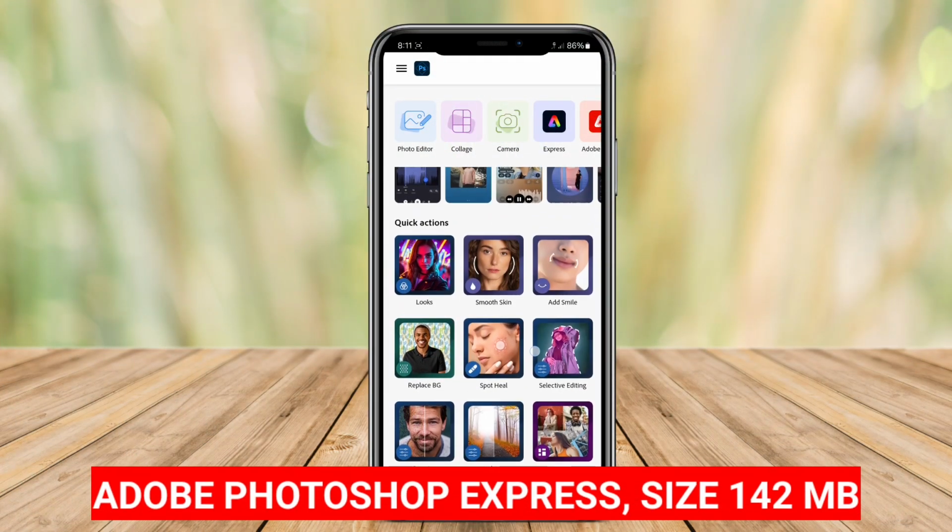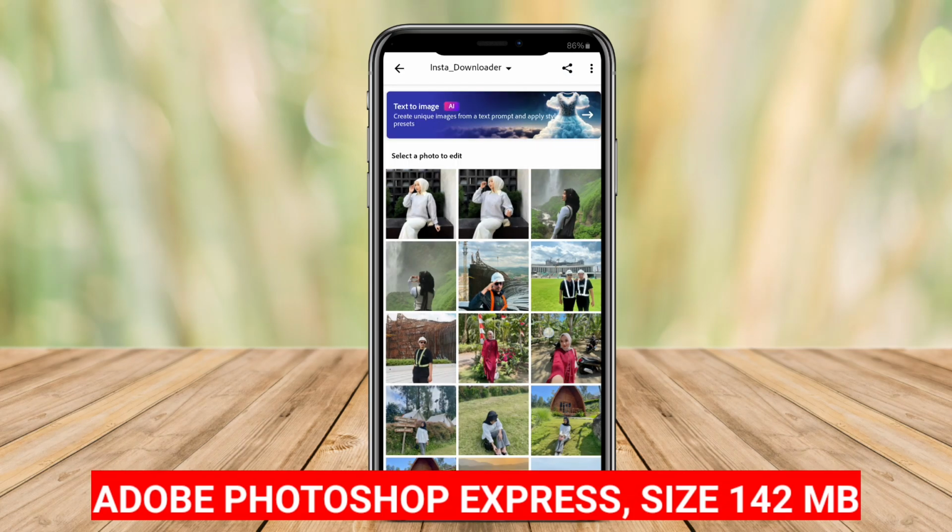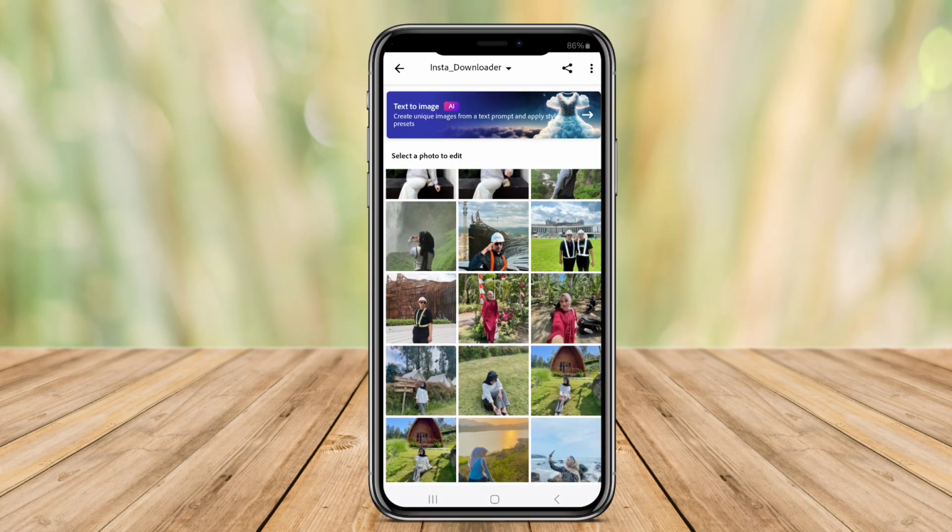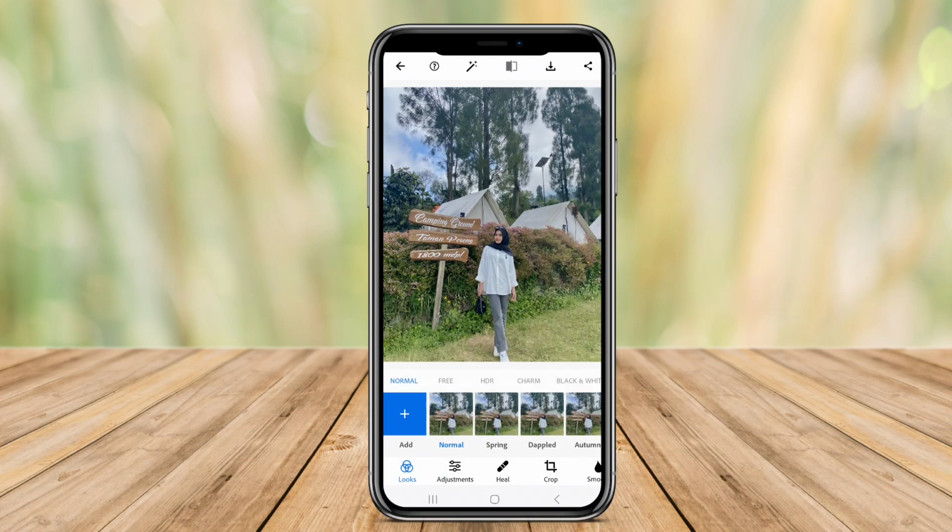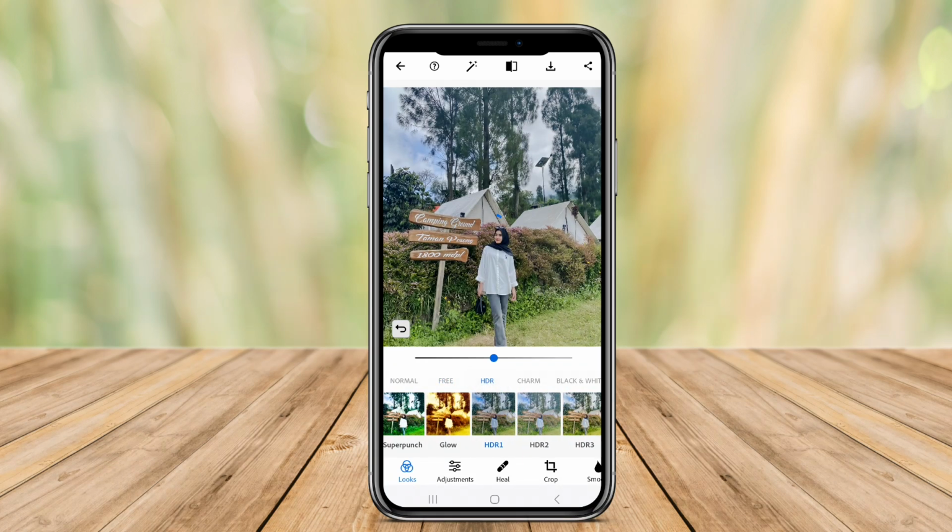Adobe Photoshop Express. Adobe Photoshop Express is a powerful photo editing app designed for mobile users. It offers a wide array of tools for quickly enhancing images, including cropping, straightening, rotating, and adjusting brightness and contrast. Users can access a variety of filters and effects to transform their photos, as well as options for removing blemishes